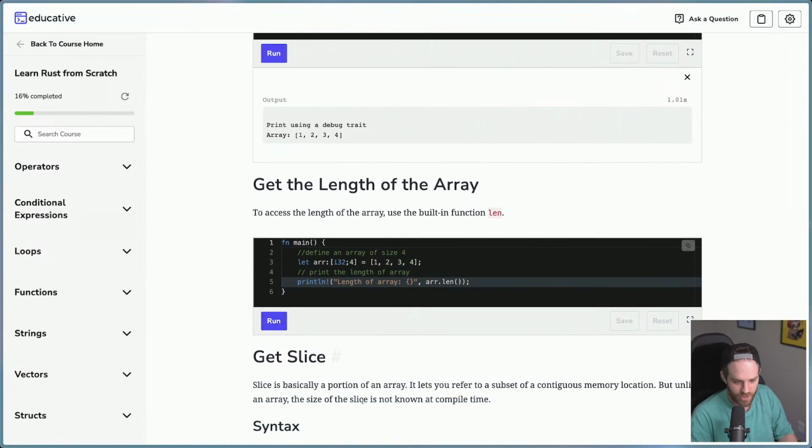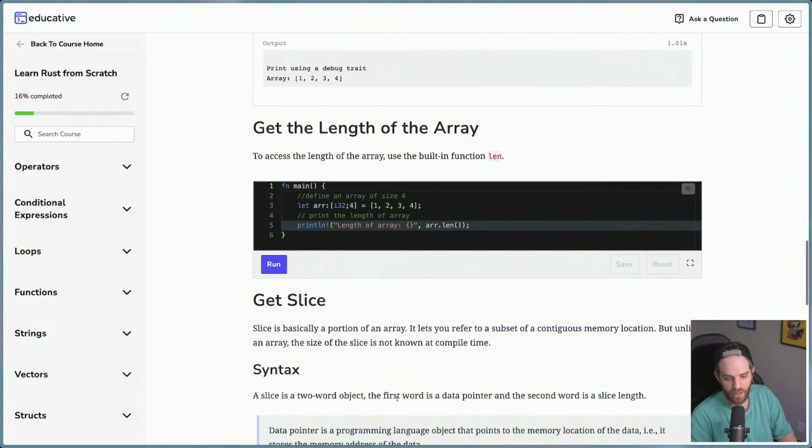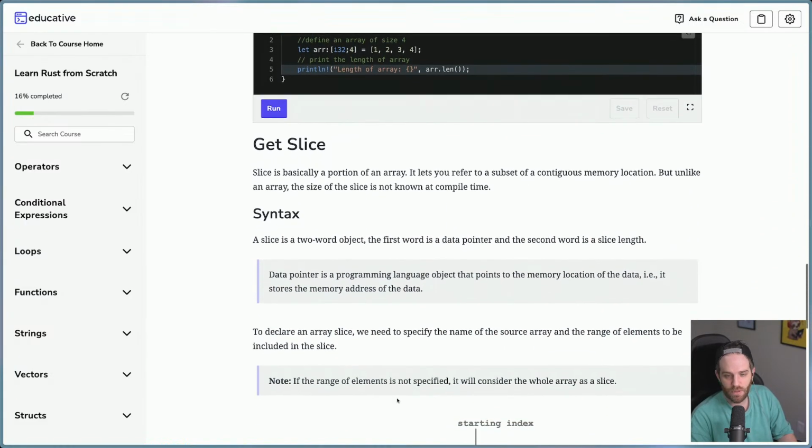Okay. A slice is basically a portion of an array. It lets you refer to the subset of contiguous, what's the word off the top of my head, memory location. But unlike an array, the size of the slice is not known at compile time. A slice is a 2-word object. The first word is the data pointer, and the second word is the slice length. A data pointer is a programming object that points to the memory location of the data, i.e., it stores the memory address of the data. To declare an array slice, we must specify